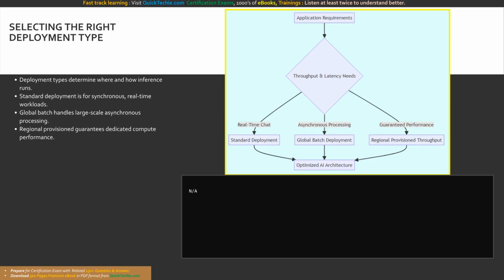A standard deployment type is typically used for traditional, synchronous, real-time workloads, where a client application requires an immediate response, such as a live customer service chatbot or an interactive coding assistant. However, if your application processes massive amounts of data asynchronously, like summarizing thousands of daily call center transcripts overnight, the global batch deployment type is significantly more cost-effective, routing the workload to available global compute resources, where immediate latency is